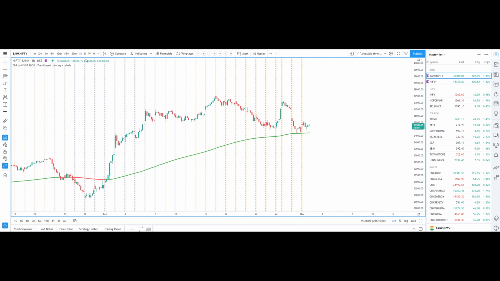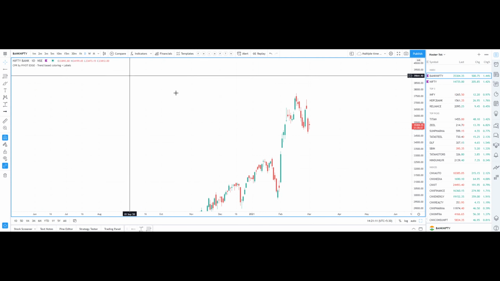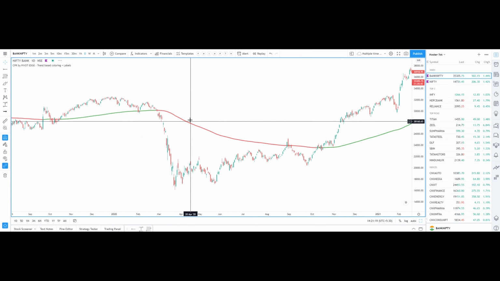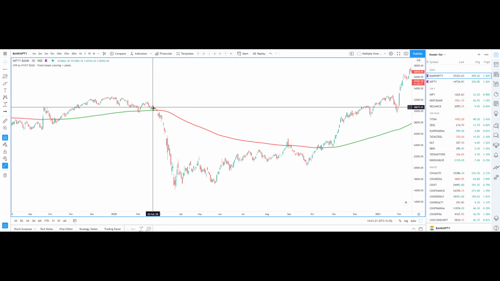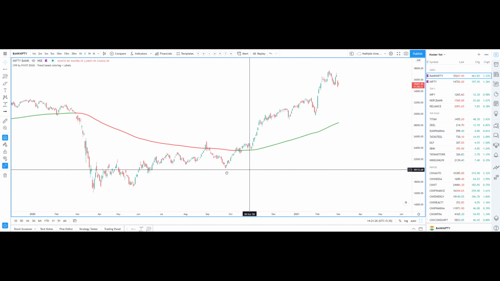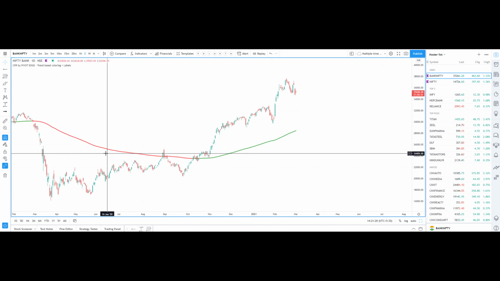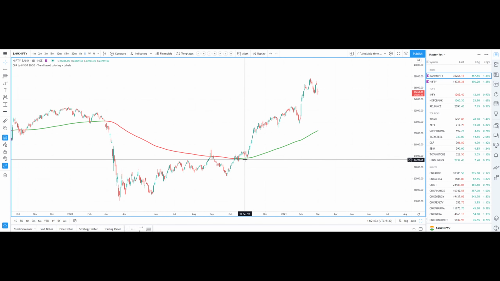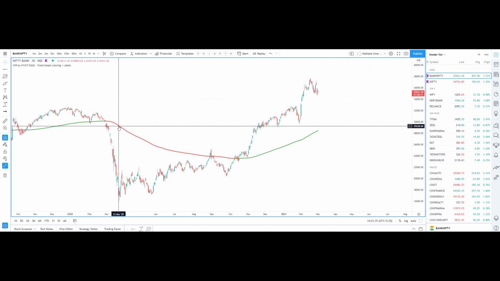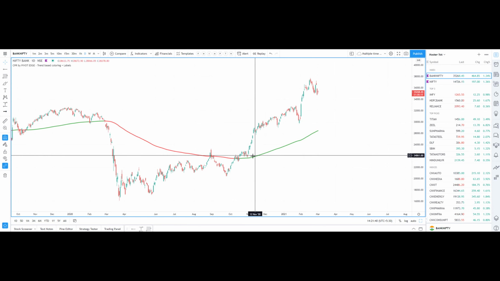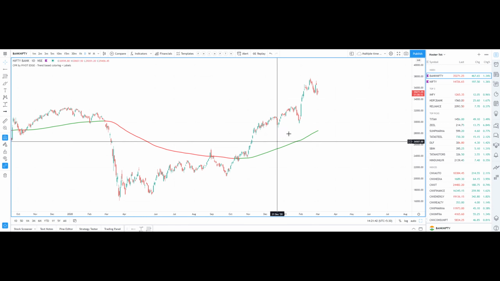So they check in higher time frames like 30 minutes or 1 hour or even in a day time frame. If you see in the day time frame also, it left this and then came down. After that again it came back to this 200, it came down, again it came back. Here again, based on the trend, this curve is also color coded. If you see the curve in red color, it means the market is in a bearish trend. If you see the curve in green color, it means the market is in a bullish trend.